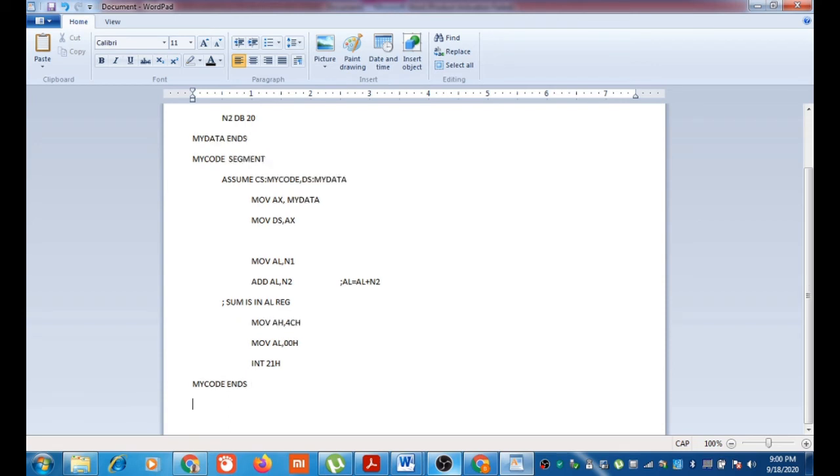For that, I will be using the assembler directive END, which indicates the physical end of the program, and a label which indicates the first executable instruction in this program. Now the program is over.